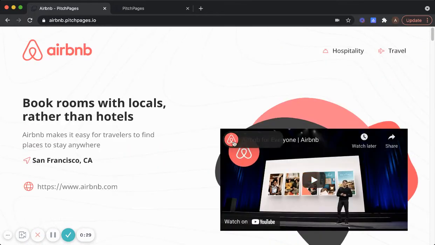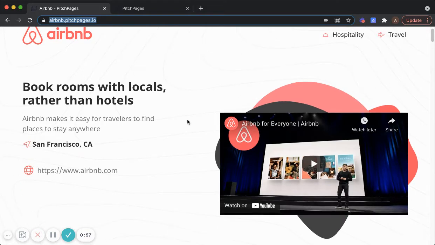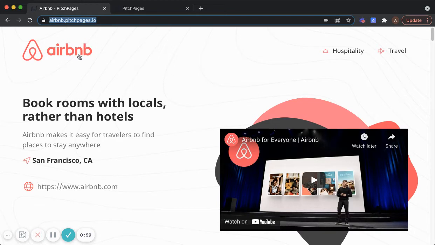So let's take a quick look at what a pitch page is, and then we'll go into the pitch page wizard. So this is a pitch page. It's your startup pitch on a beautiful landing page where all you have to do, if you wanted to share it with investors, is simply copy and paste the link to your pitch in any emails or any way that you're sharing it with investors. So you don't have to share links to multiple folders or downloadable PPTs or PDFs. All you have to do is send one link to your pitch page, and it's got all your startup information,